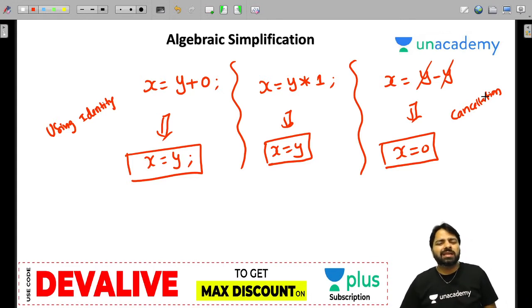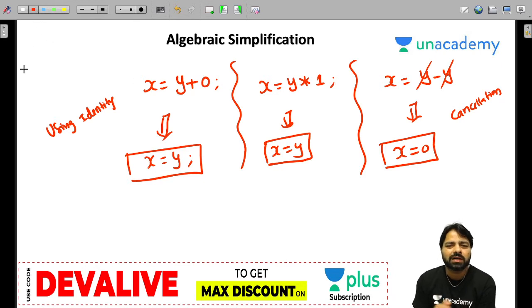Similarly, if you have anything in algebraic simplification, you can easily apply it because the logic never changes. Clear everyone? These algebraic simplifications are also allowed in code optimization.